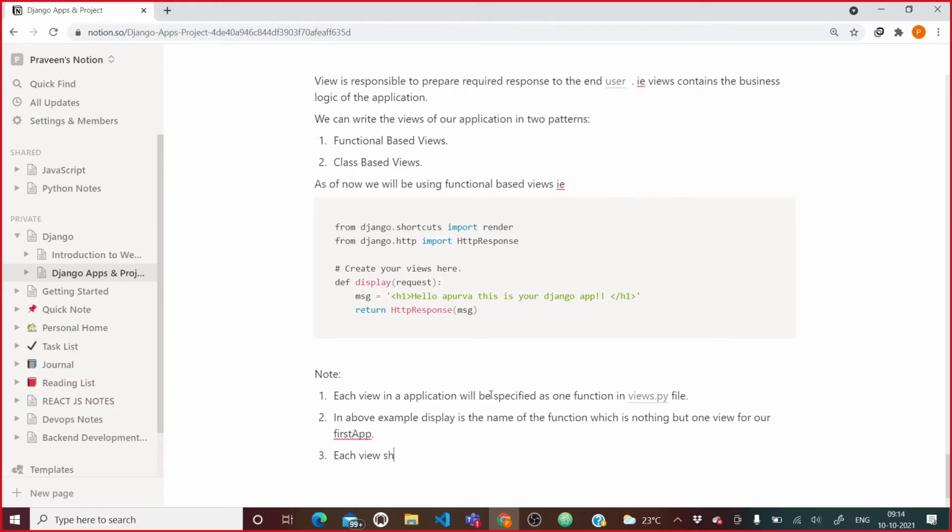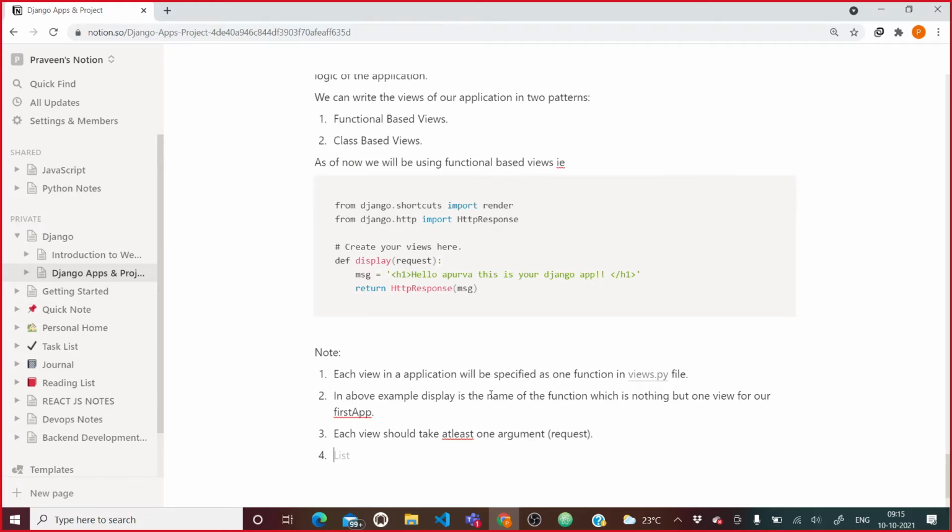Now each view should take at least one argument. What is that at least one argument? That is a request. Otherwise it will give an error, right? Now after that, each view should return what?